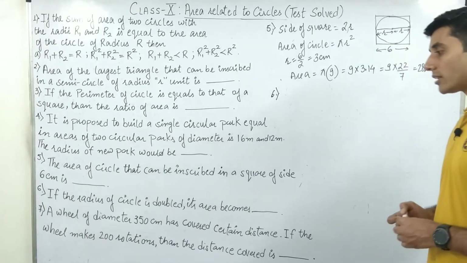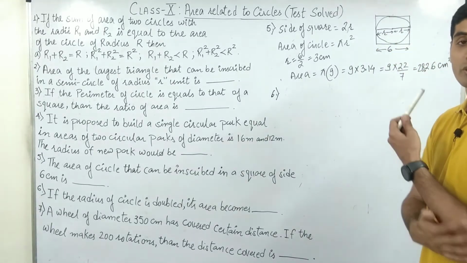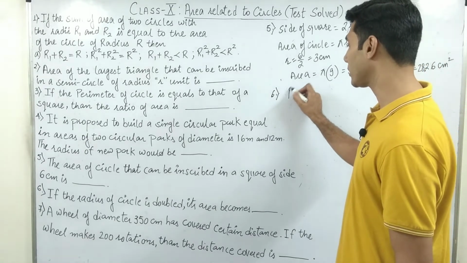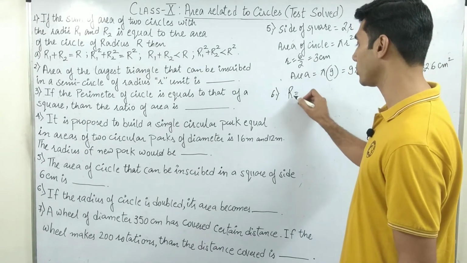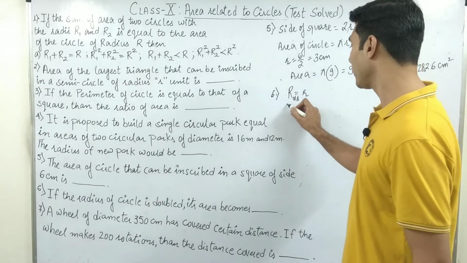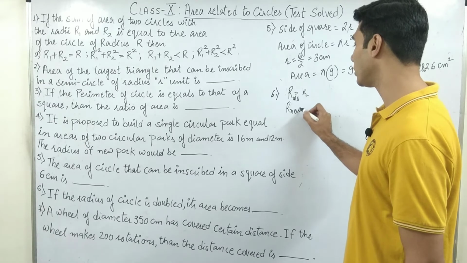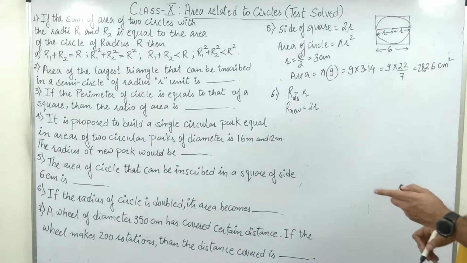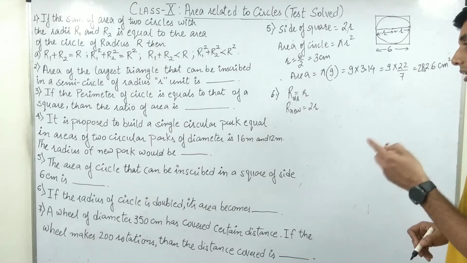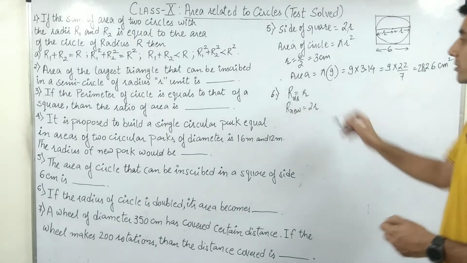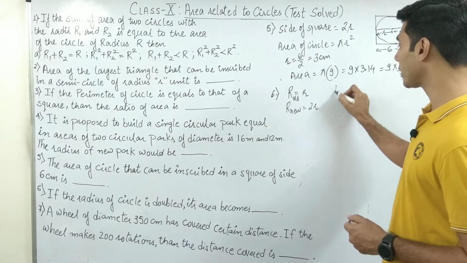If the radius of circle is doubled, if the radius of the circle is what? Doubled. So पहले radius कितना था? R should be equals to, इसको old लिख देता हूँ. So radius old should be equals to R, and now the radius new should be equals to what? That is 2R. So they are saying that the area of the circle, the radius of the circle is doubled, its area becomes, पहले ये R था तो अभी area कितना हो जाएगा?